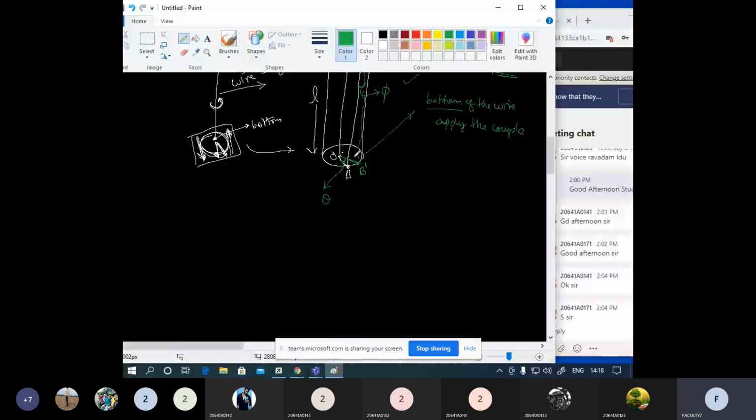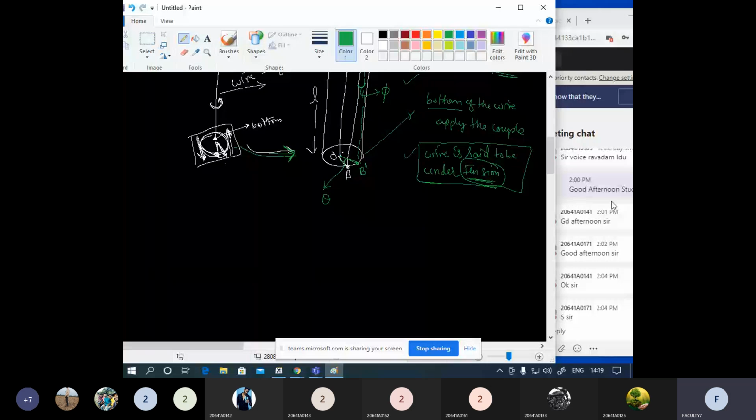Now during this process, the wire is said to be under tension. It is said to be under tension. So now what is the state of the wire? It is under tension. You need to understand the meaning of tension: due to the application of this particular torque, or else the twist, the wire is going to have a twist inside it. That state we are considering as tension in this explanation.